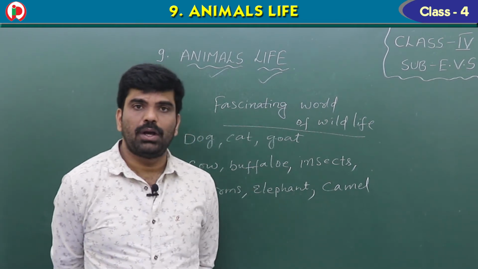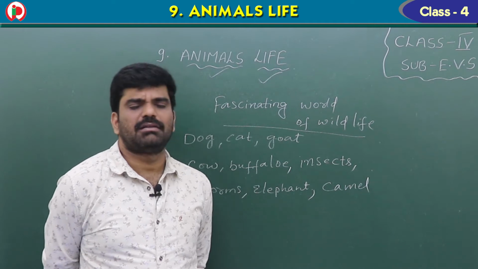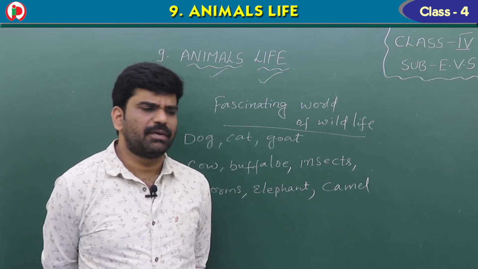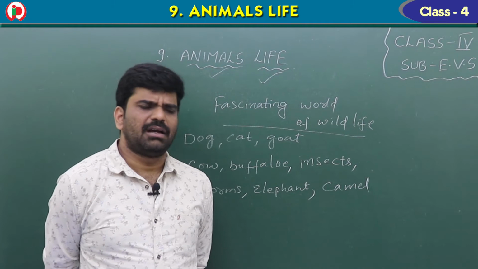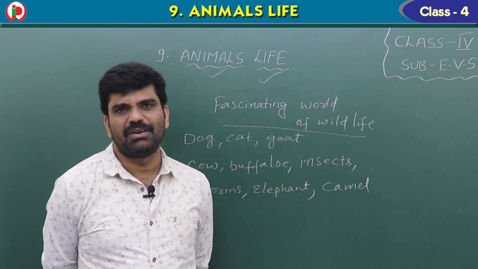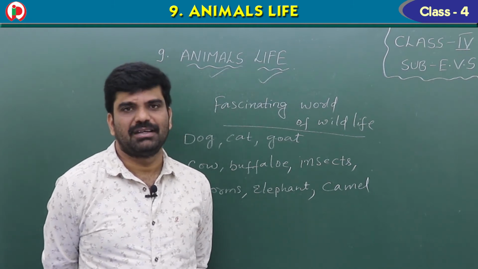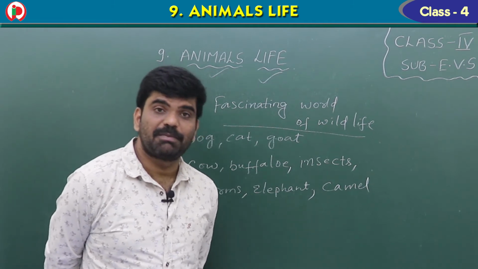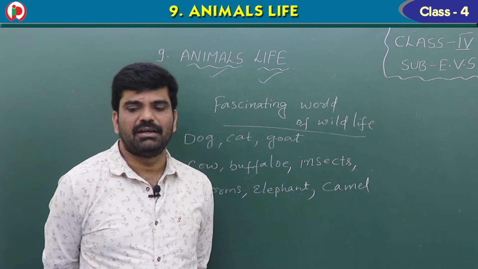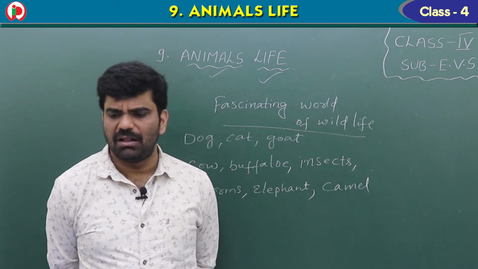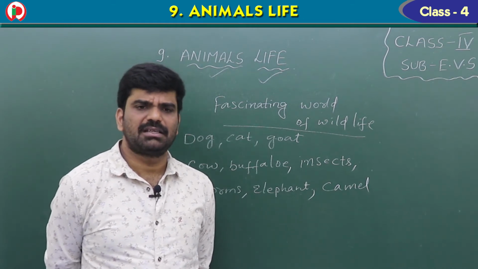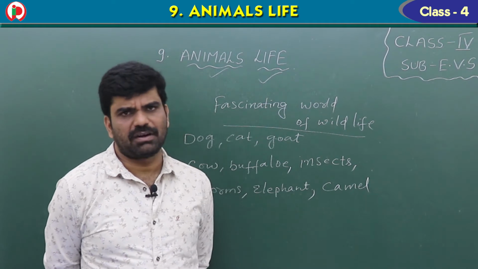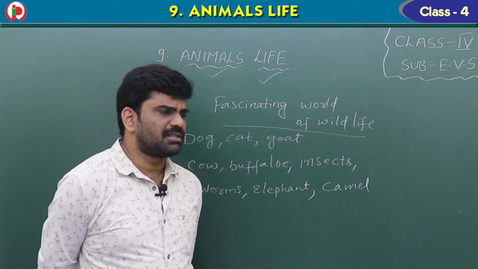animals like cow, buffalo, for the food products, okay, and for agriculture. And not only these, some people go for the rabbits also. Rabbits are the pet animals of some people. Birds are also pets for some people. Okay, so you will see all these animals in your friends' houses and your relatives' houses, but you can't see